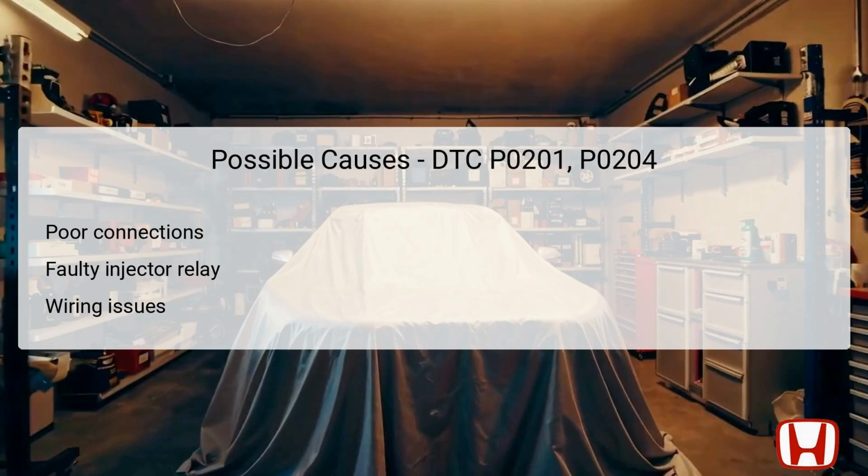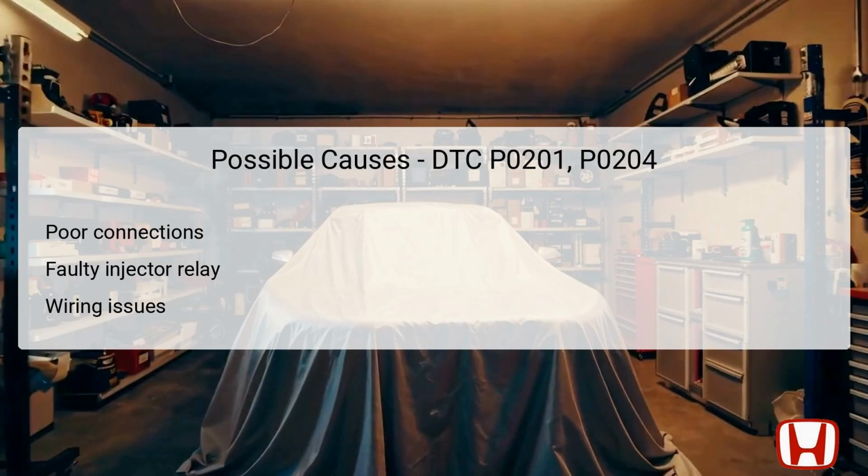Poor connections at the injector terminals or the PCM can disrupt current flow, leading to circuit malfunctions. The injector relay, which supplies power to the injectors, may also be faulty, thereby failing to activate the injectors when required. Additionally, compromised wiring, such as breaks or shorts within the harnesses, can cause these trouble codes. Understanding these potential causes is pivotal to direct the troubleshooting efforts effectively and efficiently, ensuring a thorough examination of the